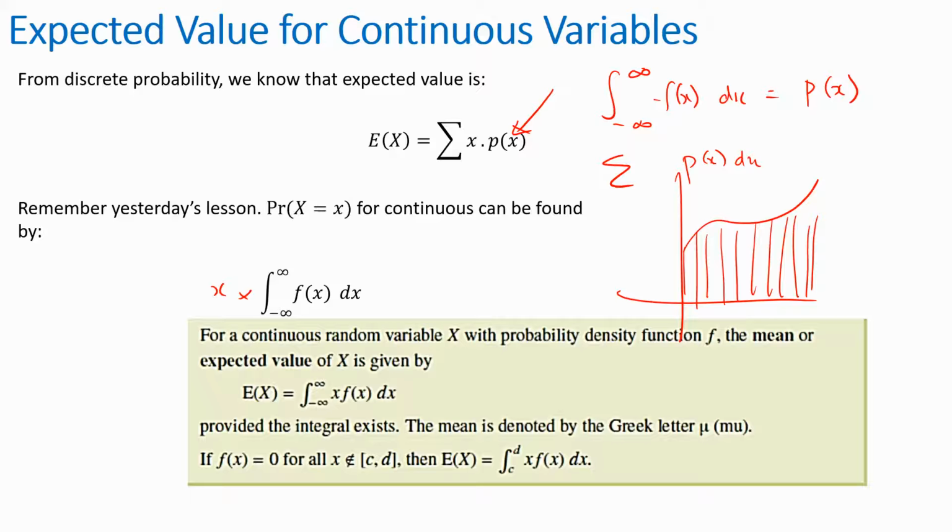So this formula here, you don't have to memorize it. It makes sense. You're just saying x times f of x, which is the probability of the curve when you're finding the area. x times this gives you the area. Sum from negative infinity to infinity just means find the error region. The error region should add up to 1. And if I add all the probabilities times x variable, that's exactly the same as what you're doing here. Probability times x variable. It just looks different. Yeah? But it's only different because this is continuous. But the theory is the same.